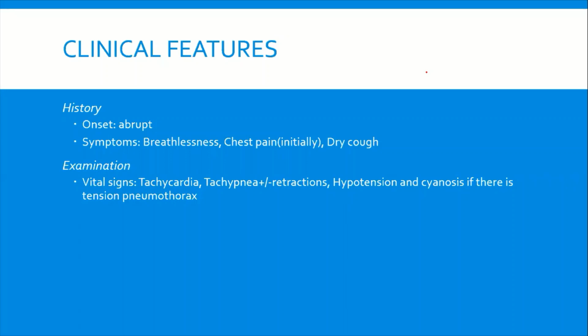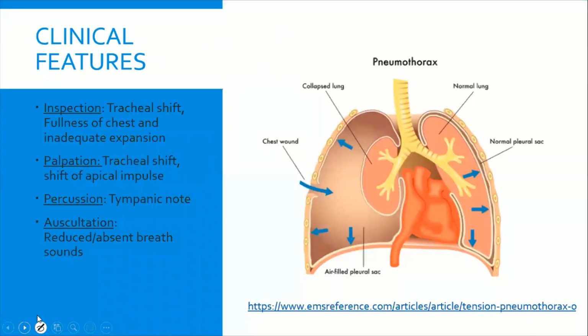For clinical features, again, we will be looking at the same diagram. So in your inspection, what are your findings? Your trachea is shifted to this side and your right lung is full, or your right hemithorax is going to look full, and there is no place to expand, isn't it so? Because it is completely filled with pleural air.